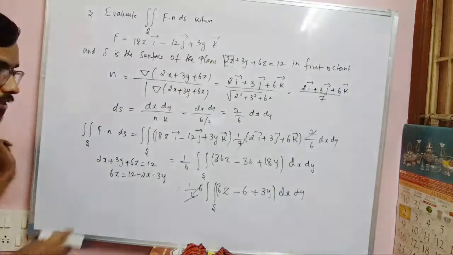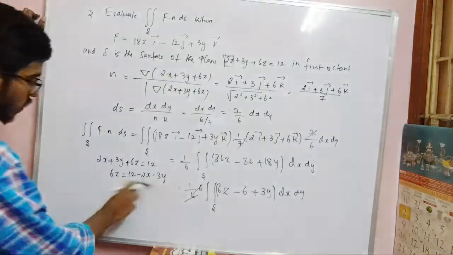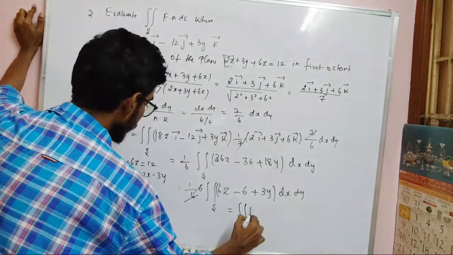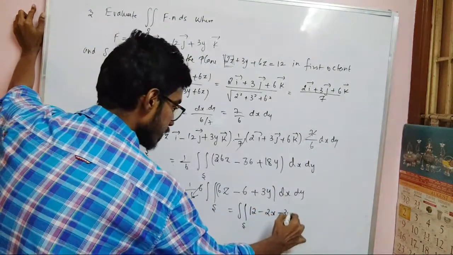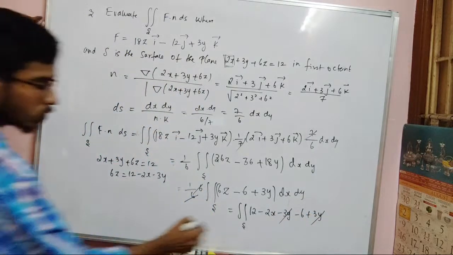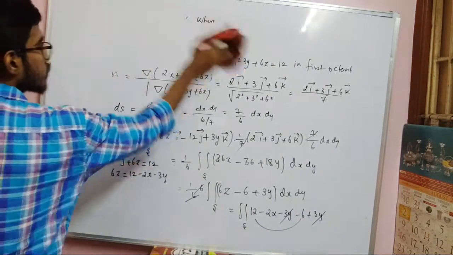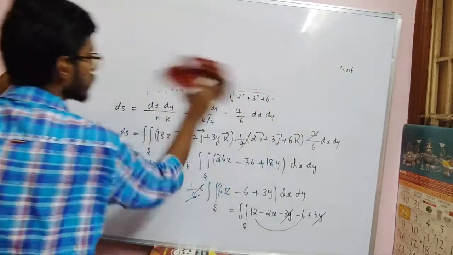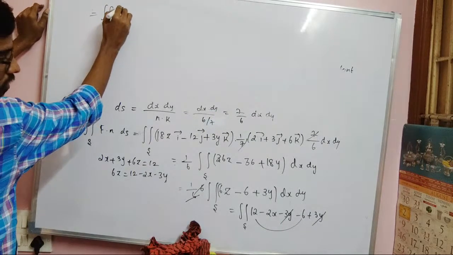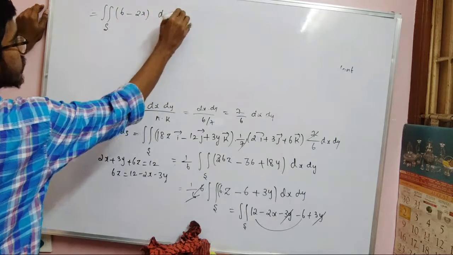You just substitute by putting z is equal to 0 and then integrate. But now I am not going to do that. I can replace 6z is equal to 12 minus 2x minus 3y. So this will be a double integral over here. In place of 6z I am going to write 12 minus 2x minus 3y, minus 6 plus 3y. So this 3y will get cancelled, and we have only 12 minus 6, which is 6. So we have 6 minus 2x. So this will be the double integral of 6 minus 2x, and we will write dy dx, because we know